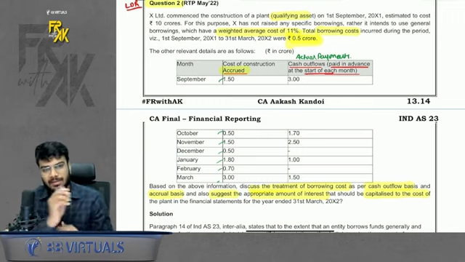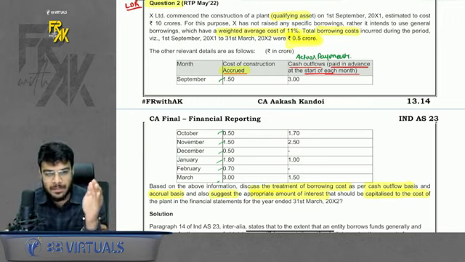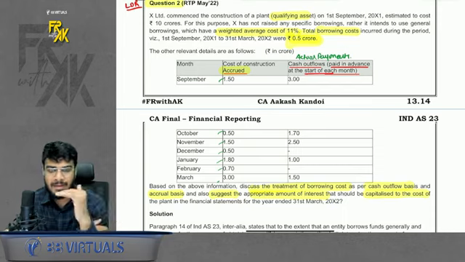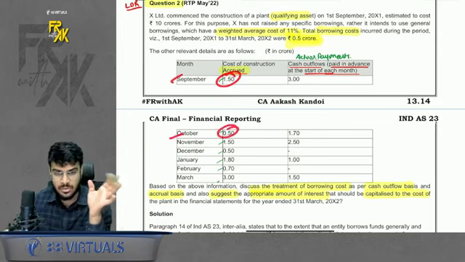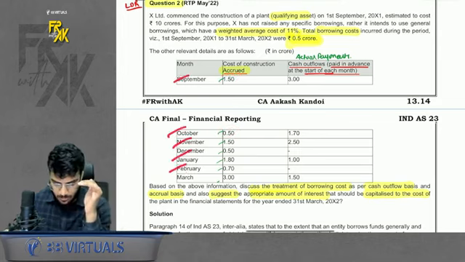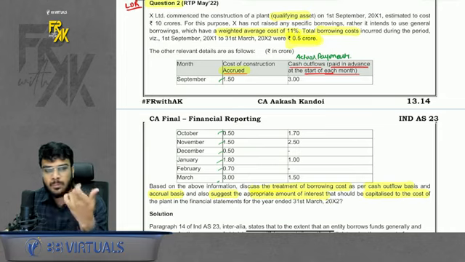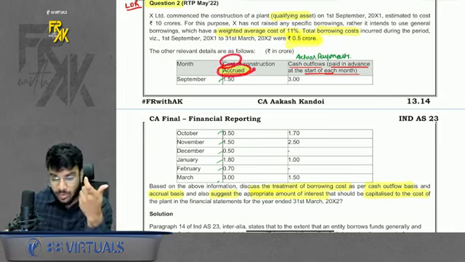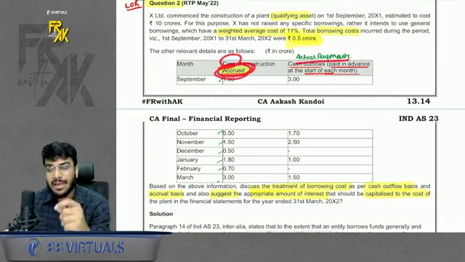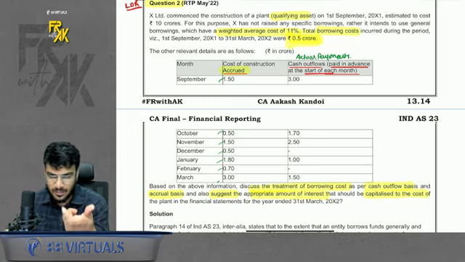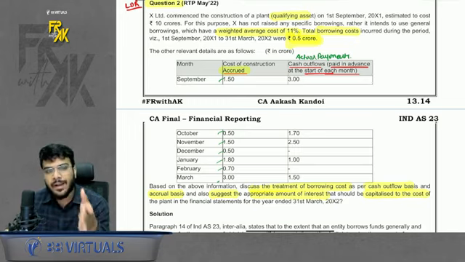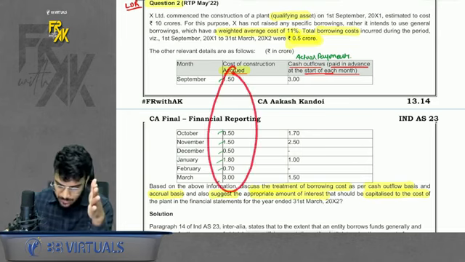Do you remember they used to give "in this month we spent this much, in this month we spent this much"? So they have given that in September we incurred this much cost, in October we incurred this much cost. So month-wise cost is given. But the issue is that cost is given based on 2 approaches. Accrual basis cost is given, and how much expense you actually incur, that is the cash basis, is also given. So first you have to find the borrowing cost to be capitalized based on both approaches.